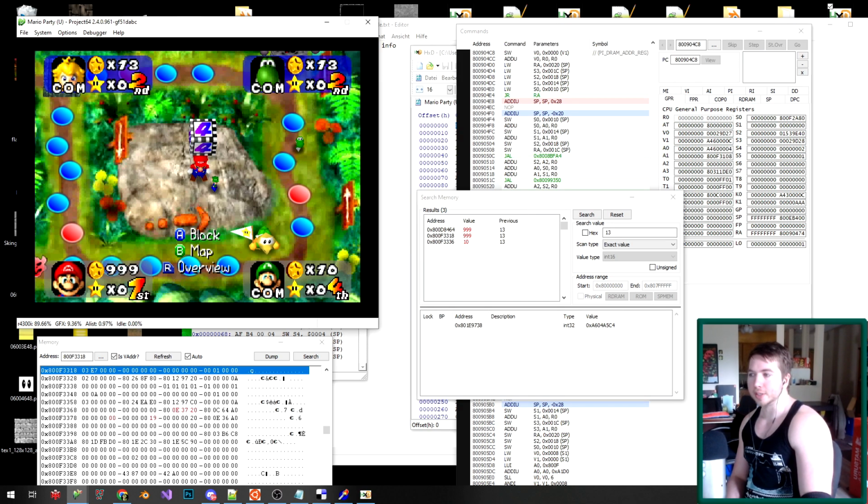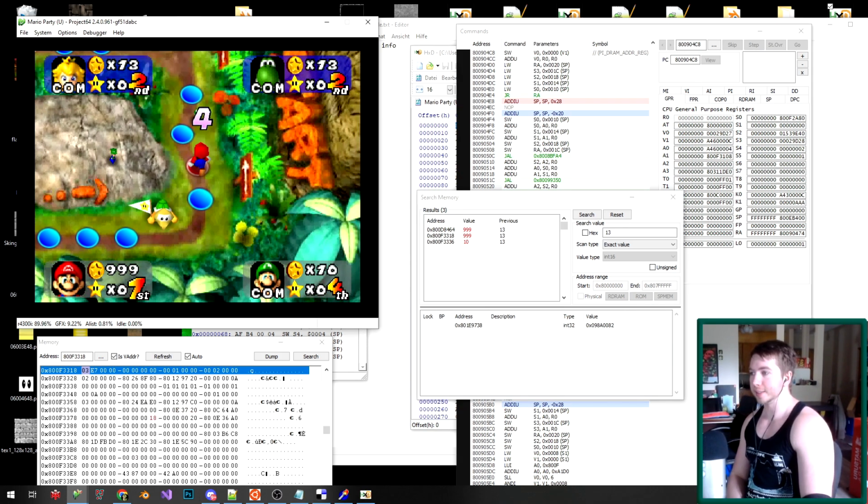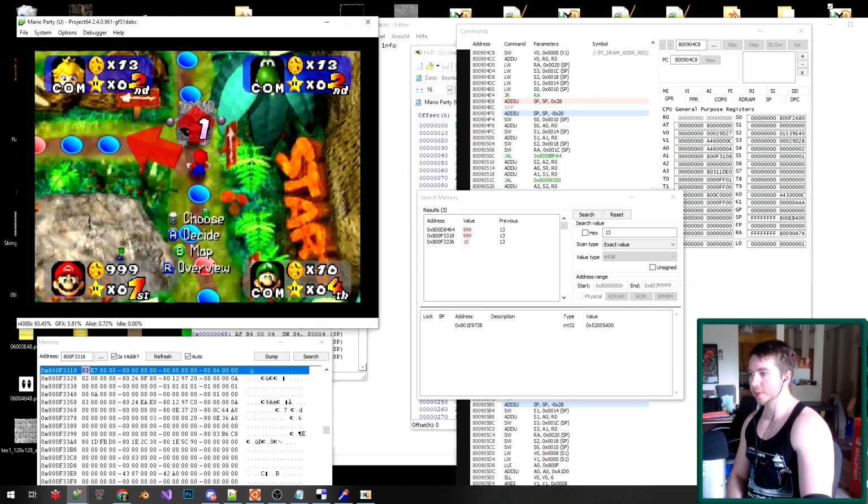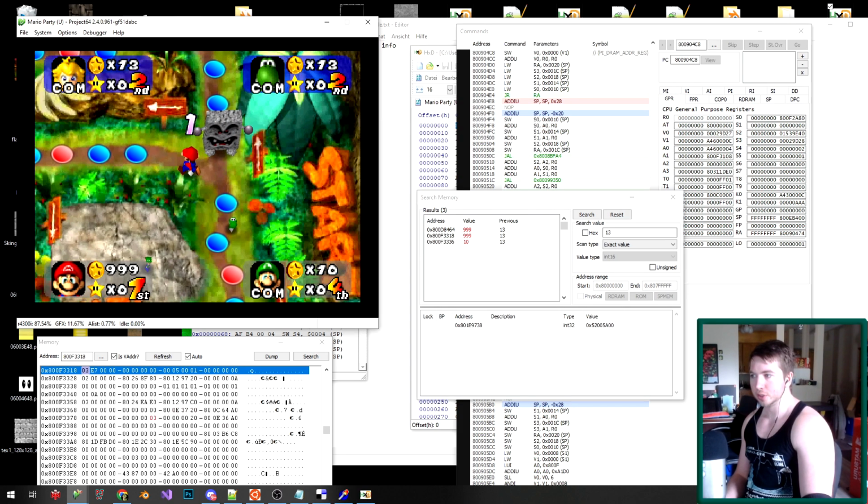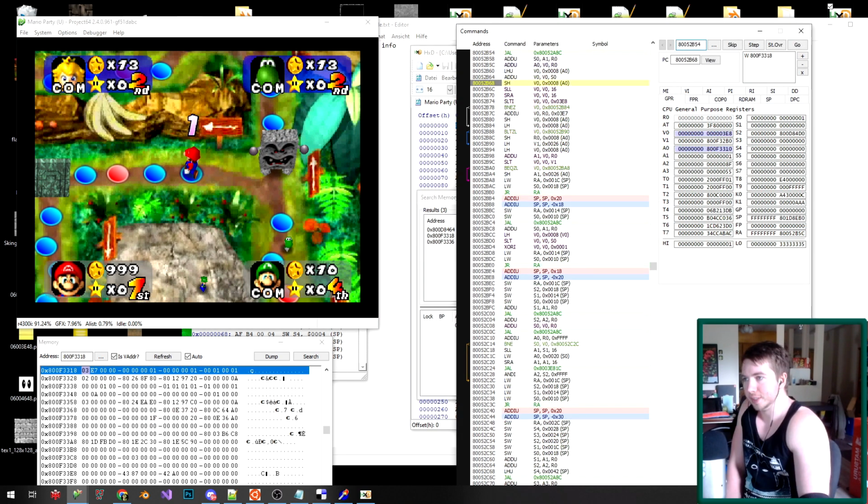Let's say we want to make it so that the blue spots give us more coins. Let's toggle write breakpoint here. We'll roll our 5. I guess the RNG seed is the same, so we get the same number. And somewhere here, it should do a write breakpoint. So here you see